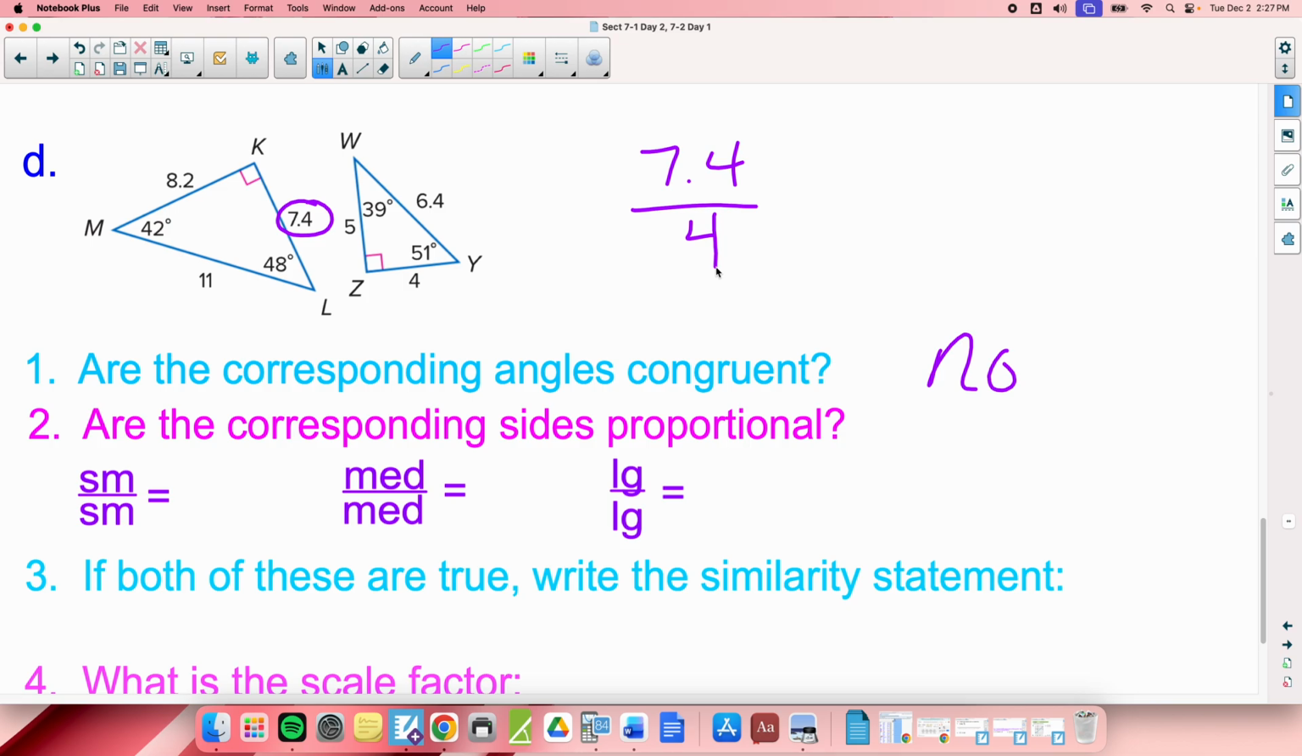Everybody get that? Okay, so I have a worksheet for you. I did put a key up front so you can check your